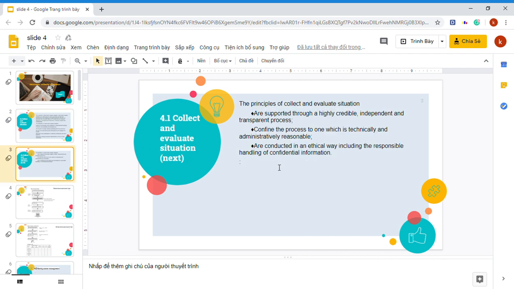Next, the principles of collect and value situation are supposed to be a highly simple, independent, and transparent process. Confine the process to one which is technically and administratively reasonable. Conduct it in an ethical way, including